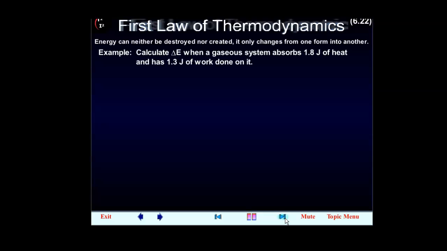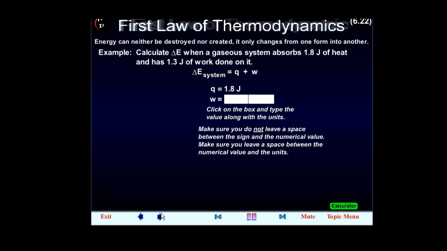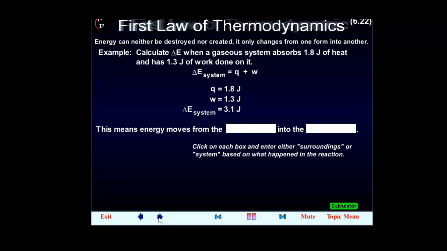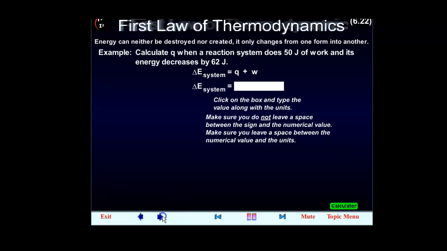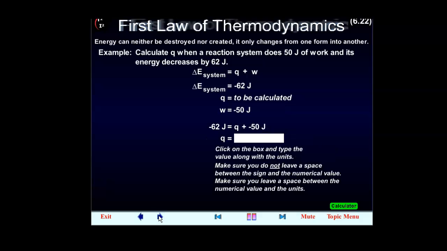Example: calculate delta E when a gaseous system absorbs 1.8 joules of heat and has 1.3 joules of work done on it. Q equals, W equals, delta E system equals. This means energy moves from the